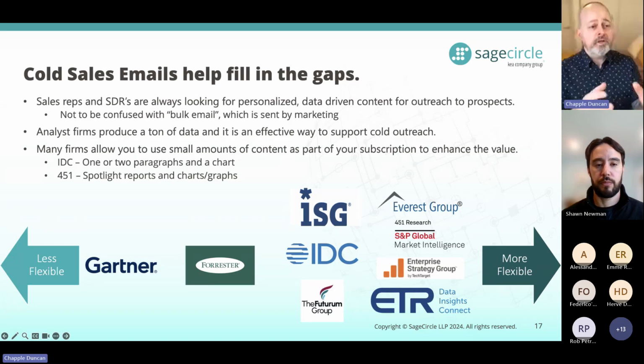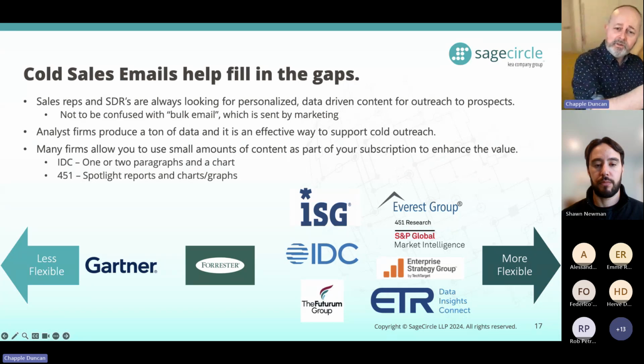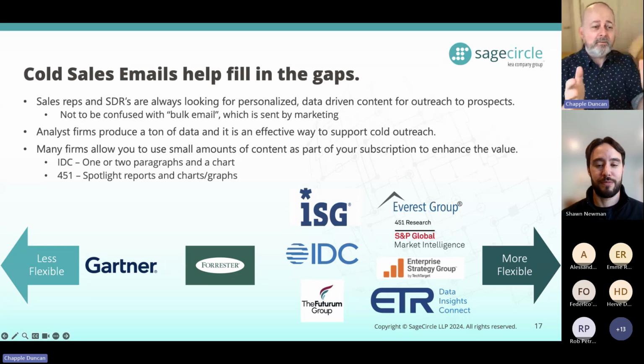And sure, just to chip in with a couple of thoughts here. I think if I was drawing this diagram again, I would put a bit of space in the middle. I would put Gartner and Forrester a little bit more over that side. I think they are less flexible, and they're also becoming less flexible, Forrester in particular at the moment. And when I think of almost all of the other firms, they're all becoming more flexible. And Enterprise Strategy Group, they are the analysts who love the vendors. They're never going to give a vendor a hard time.